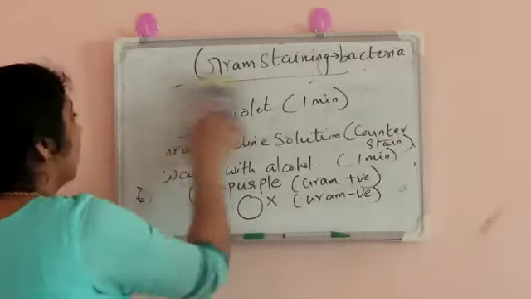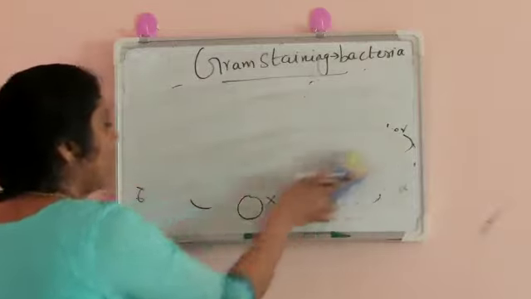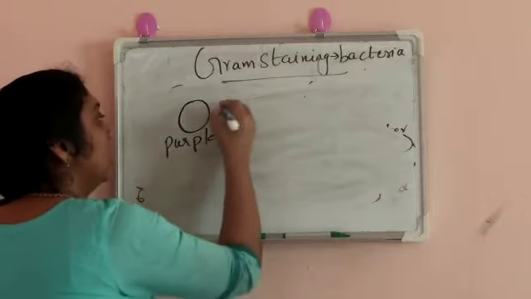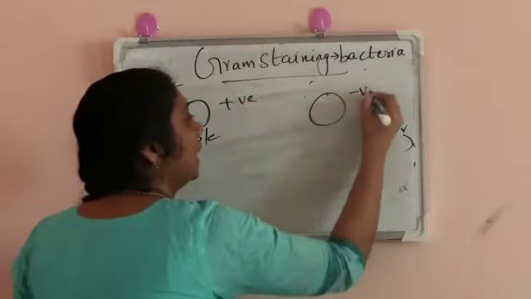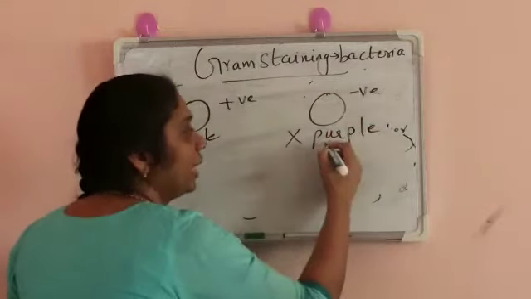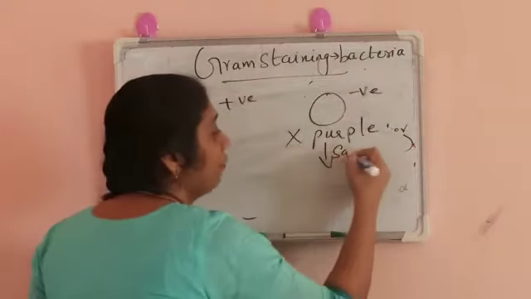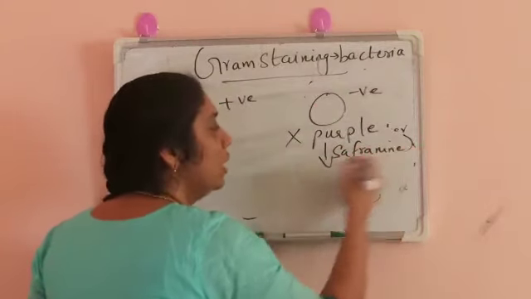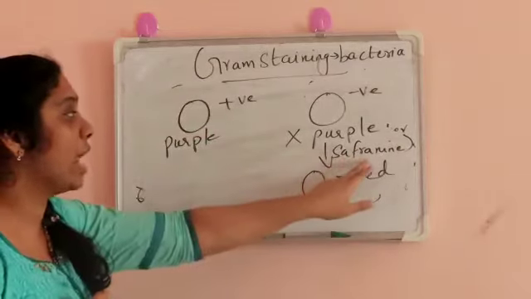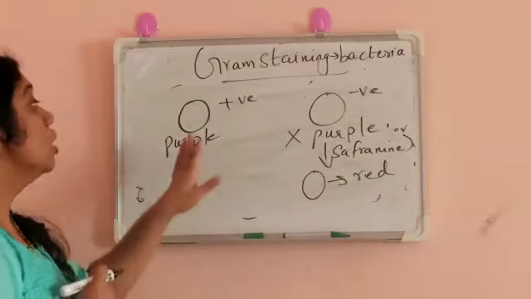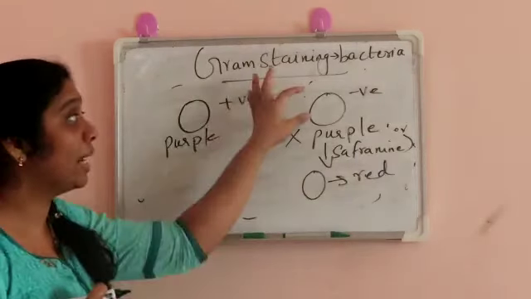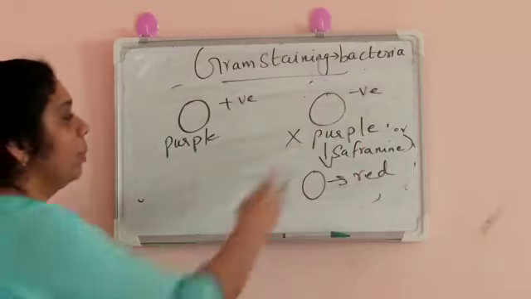This is the gram positive bacteria with the purple color. This is the gram negative bacteria which doesn't have the purple color. In the gram negative bacteria we can again apply safranin solution, so it becomes red in color. So in the positive bacteria we apply only crystal violet and gram iodine solution, while gram negative bacteria only have safranin, so they become red.